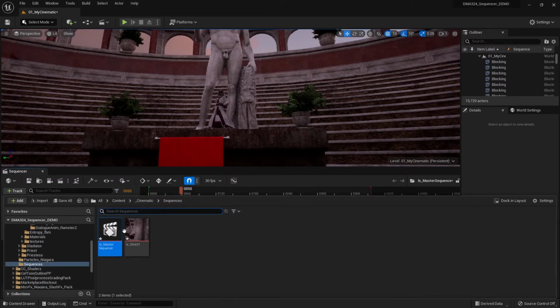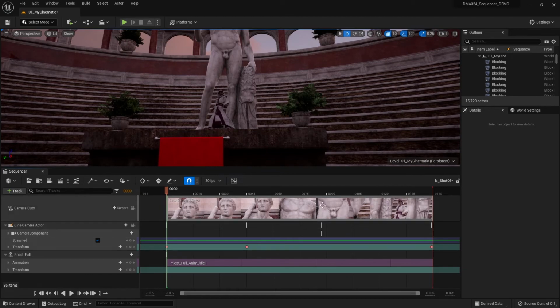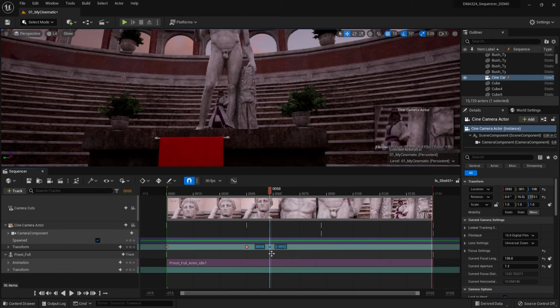So what I'm going to do here is actually go ahead and we could do like a crazy fast whip pan, by grabbing this. And let's see what happens if we bring this all the way up to like 60. If we do this, it's going to be nuts, but